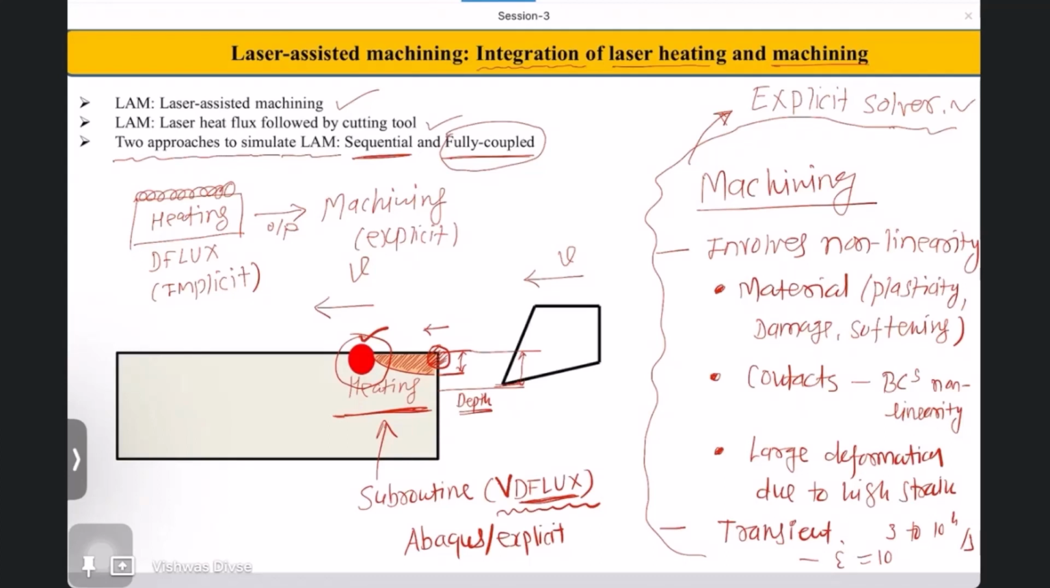The good thing is that in our sessions we'll fully focus on this fully coupled approach, because it is highly accurate, well accepted, and it will produce very good results. And the whole simulation, heating and cutting, we can see in one animation, one simulation. And we have flexibility to define one very important